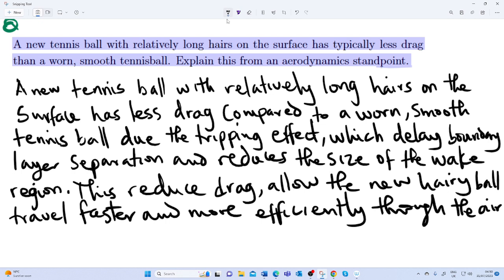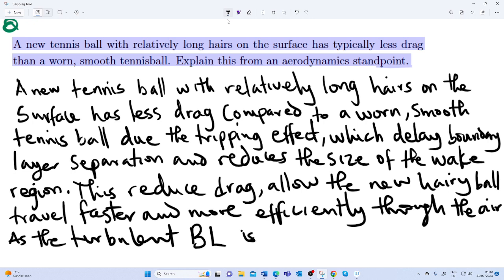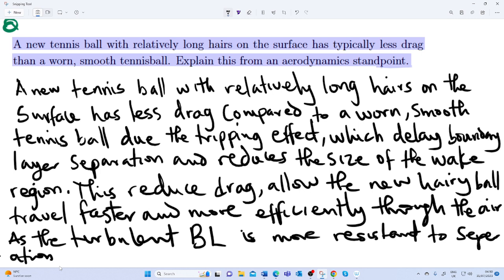So therefore, a turbulent boundary layer is more resistant to separation and remains attached